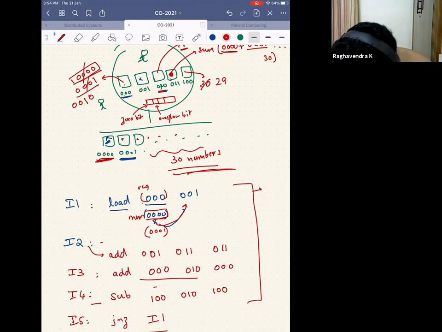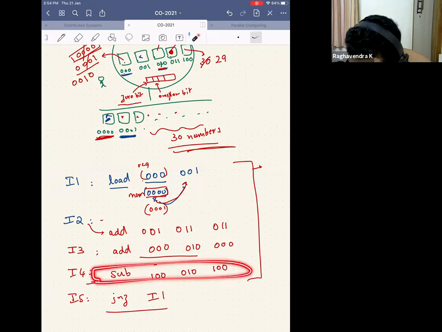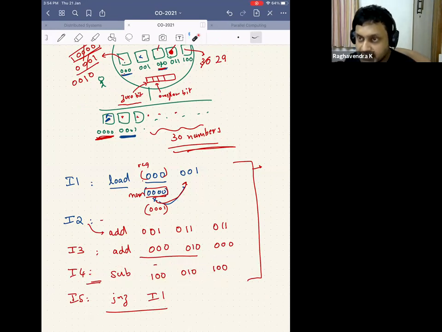The beauty of this 0 bit is, whenever an instruction gets executed, this bit is being set or reset. Let's say he executed this subtract instruction. If the resultant of the subtract instruction was 0, then this bit would be 1. If the resultant is not 0, this bit would be 0. So what this jump not zero is beautifully doing is just checking the 0th bit. If the 0th bit is set, it will not jump. If the 0th bit is unset, it will jump.